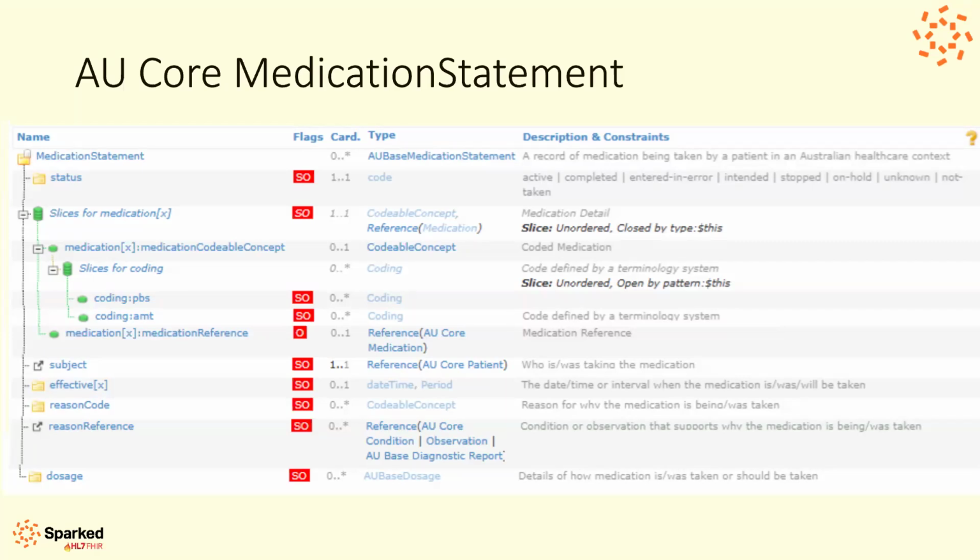Then we have things like effective date, time or period, where you can indicate the usage period. So maybe starting at a date, or definitely happened on a date or a period that it was in use. Reasons concept, so having the reason why you're taking this medication, so that may be an indication or other reason for taking the medication, and then dosage information, which we assume is important, but we only have something here at the top level saying we want you to include that,